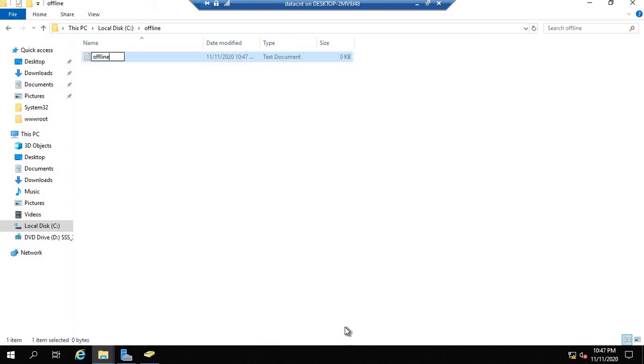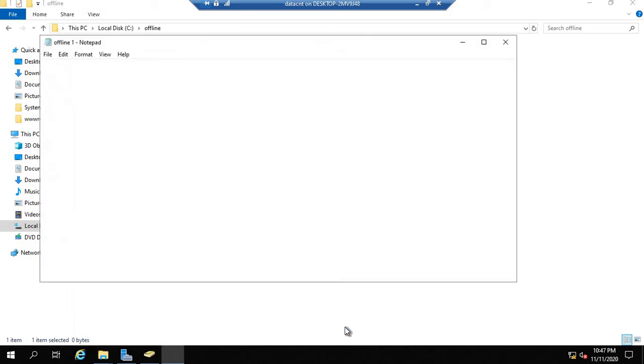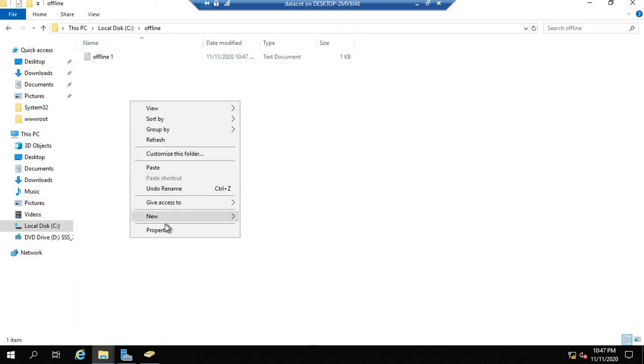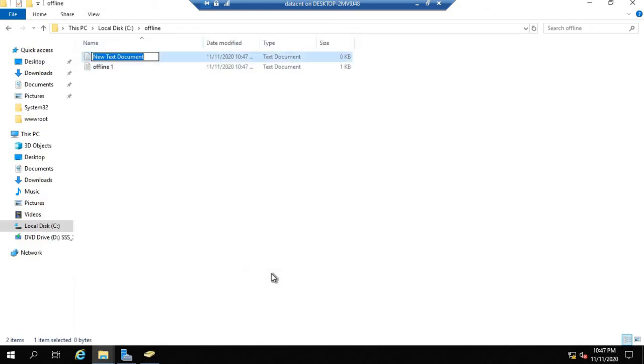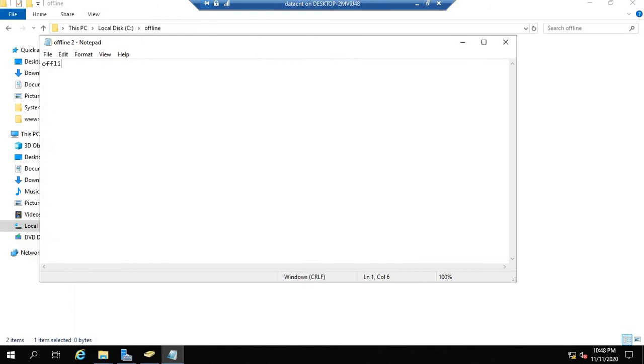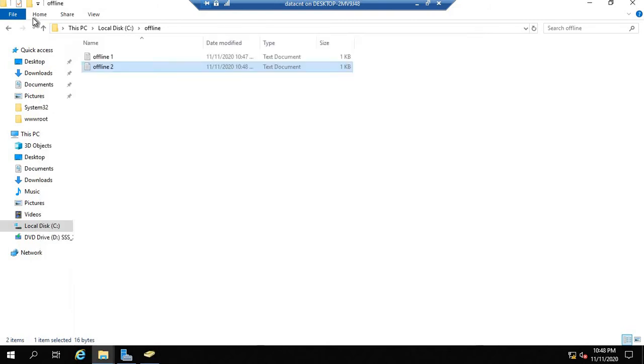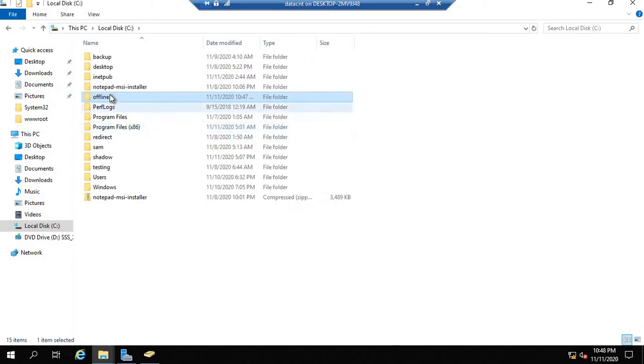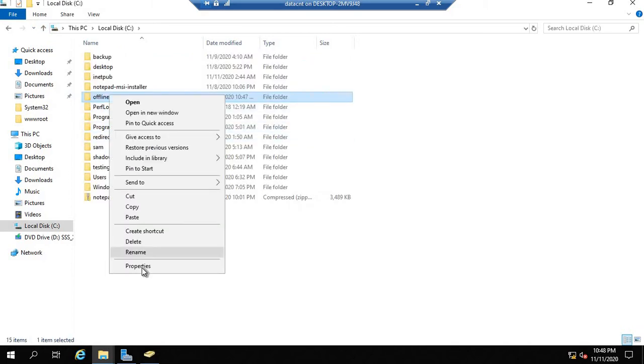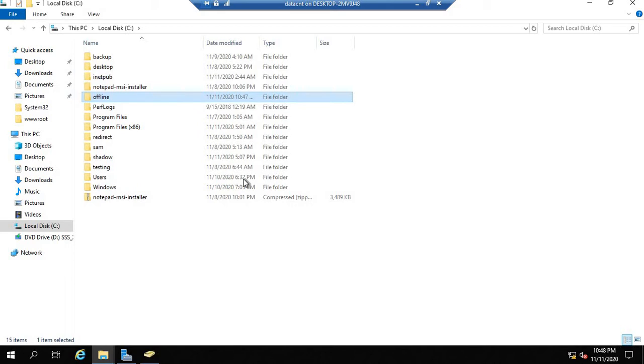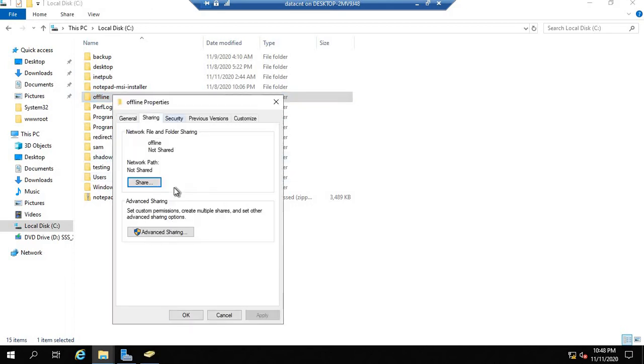Let's say offline 1, and I'm going to write file 1, just for the instance. Now let's create another file, and I'm going to write offline file 2. You can write anything, just for the sample I'm creating over here. Now if I share this folder, when I go to the properties of sharing,